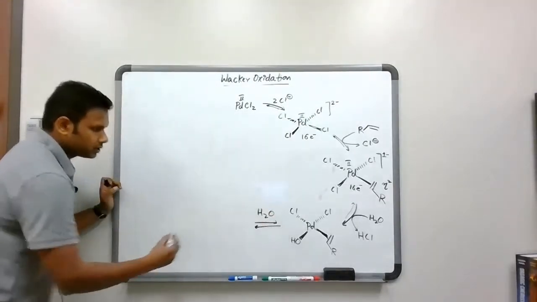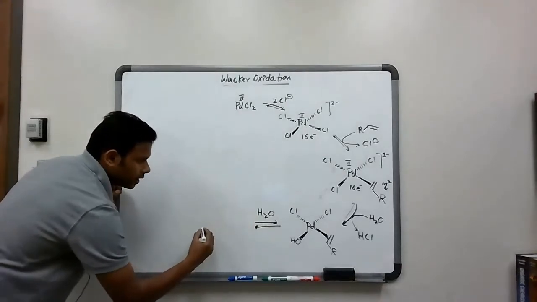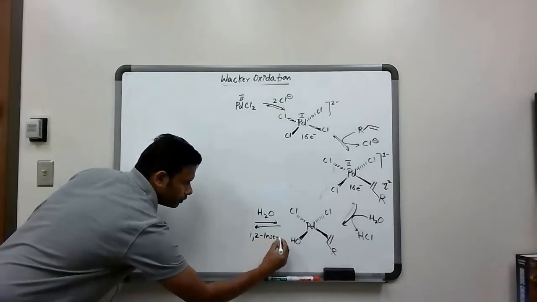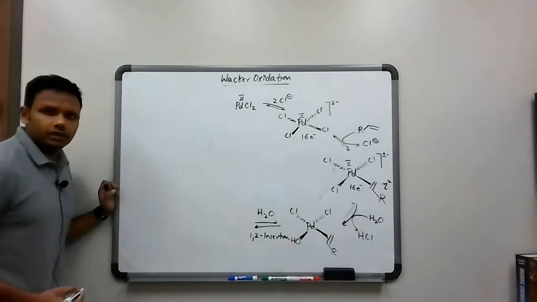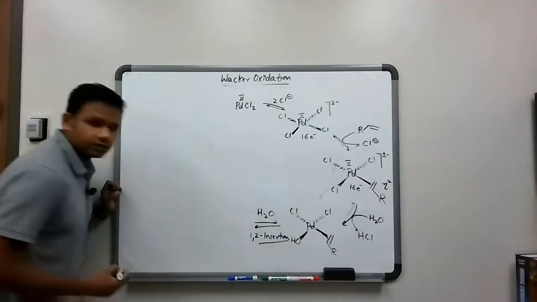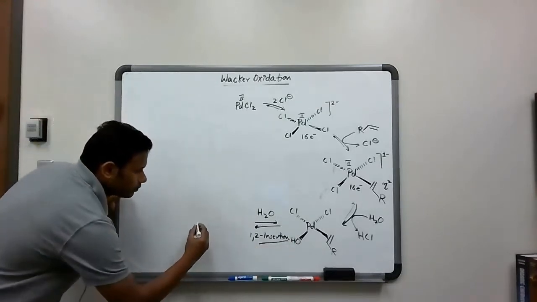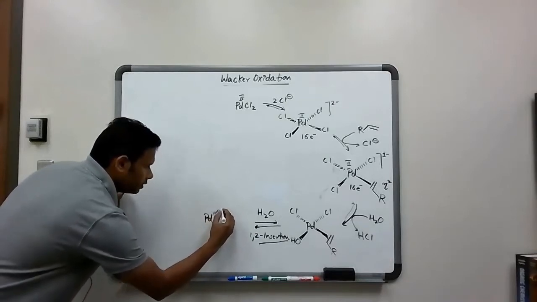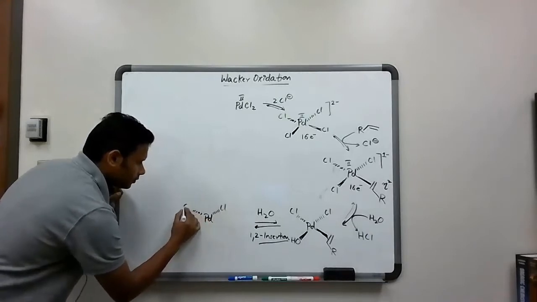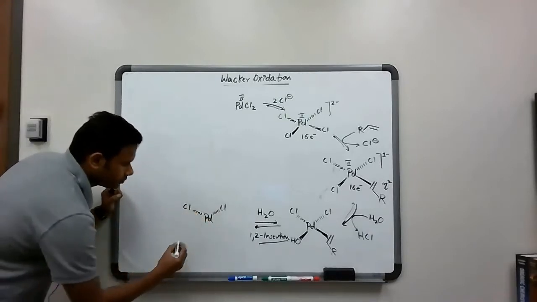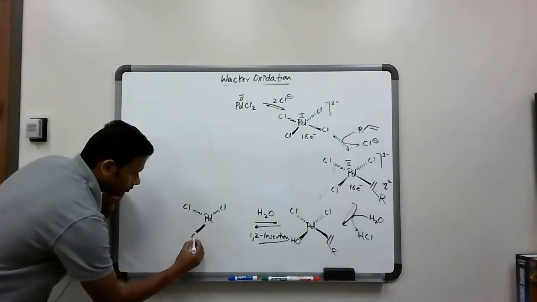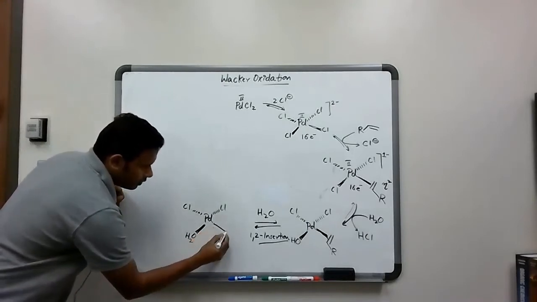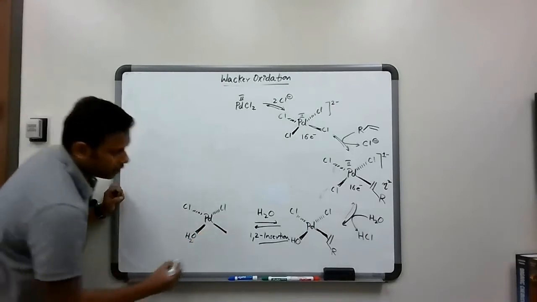So by the end of this, once the insertion happens, and this is a 1,2 insertion that's happening here, I'll get to what that means. Because of the 1,2 insertion, we will get palladium with 2 chlorines. We'll get a water molecule, and we are going to have